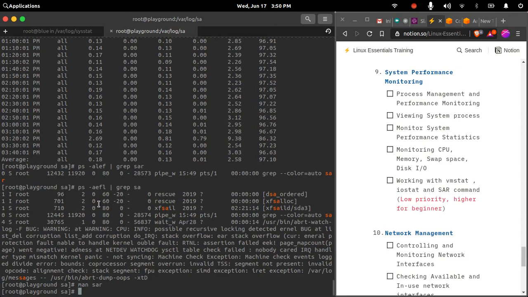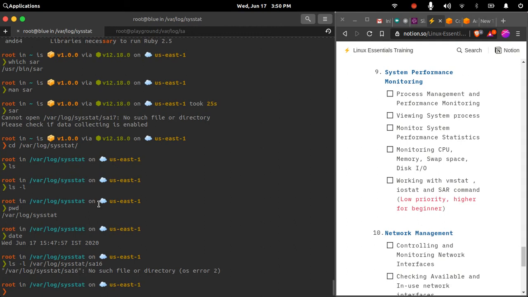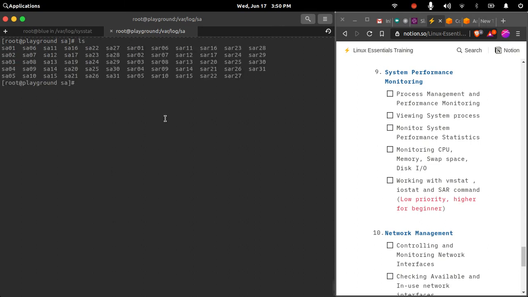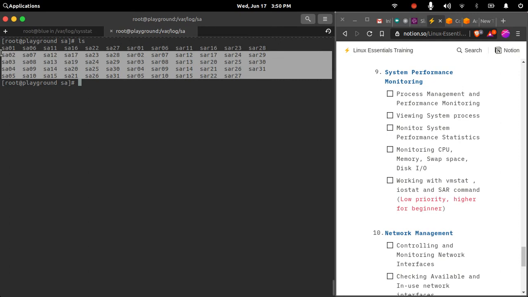So this is the command that is widely used if you want to monitor your system performance continuously, and it is installed by default on most server systems. Whenever you log a ticket with any vendor, let's say you have Red Hat Enterprise Linux and you want to troubleshoot system performance, they will usually ask you for SAR output. They will ask for SAR-related files, so you will have to provide these files and they will investigate them to troubleshoot the issue related to your system performance.